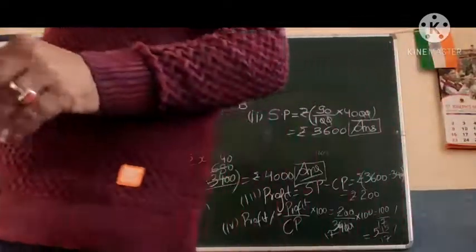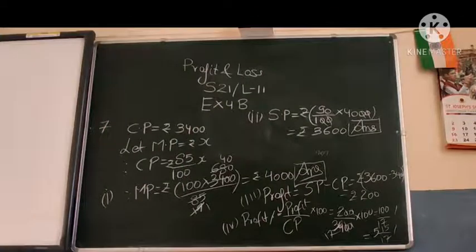I hope this makes a lot of things clear to you, because this one question, as I had told in the beginning itself, will be able to check the knowledge of all the profit, loss, then discount, marked price, then cost price, selling price, how to calculate marked price. And it is a very easy question also. See, already in the first line itself the question is giving that the CP is marked 15% below the marked price. That means to the CP you can add 15% of the marked price, and then you get the CP itself.